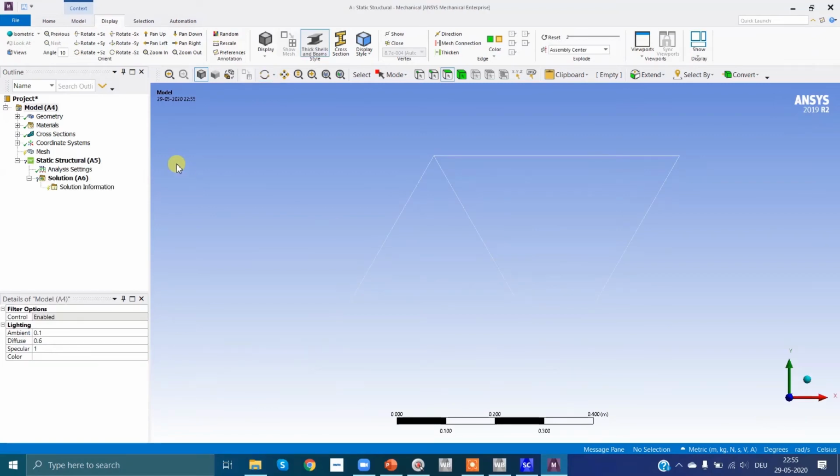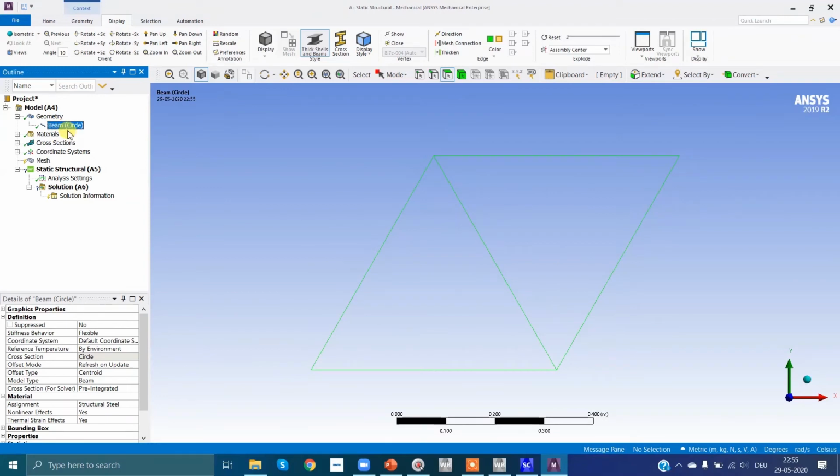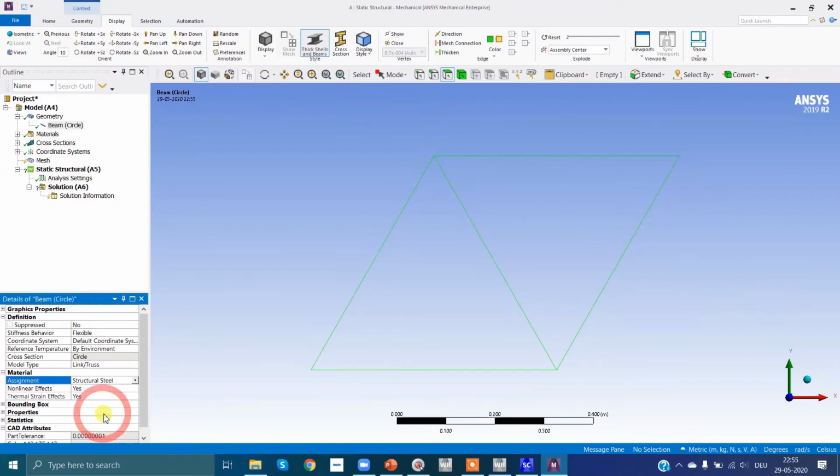Now, the first and important step is to select links. For that, simply go to our geometry here and then Model Type, Link or Truss, because we want to do analysis of links, not beams.